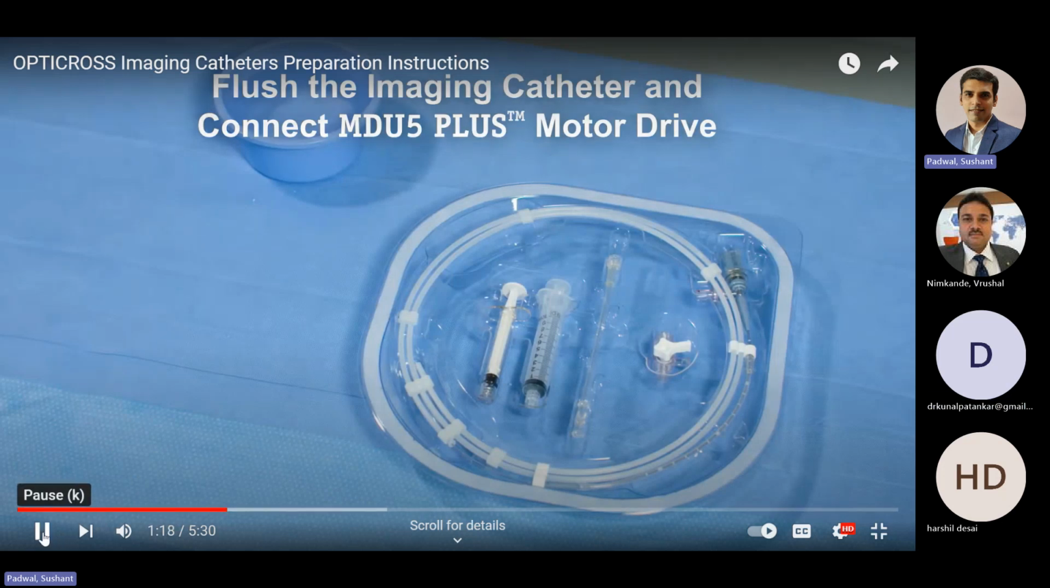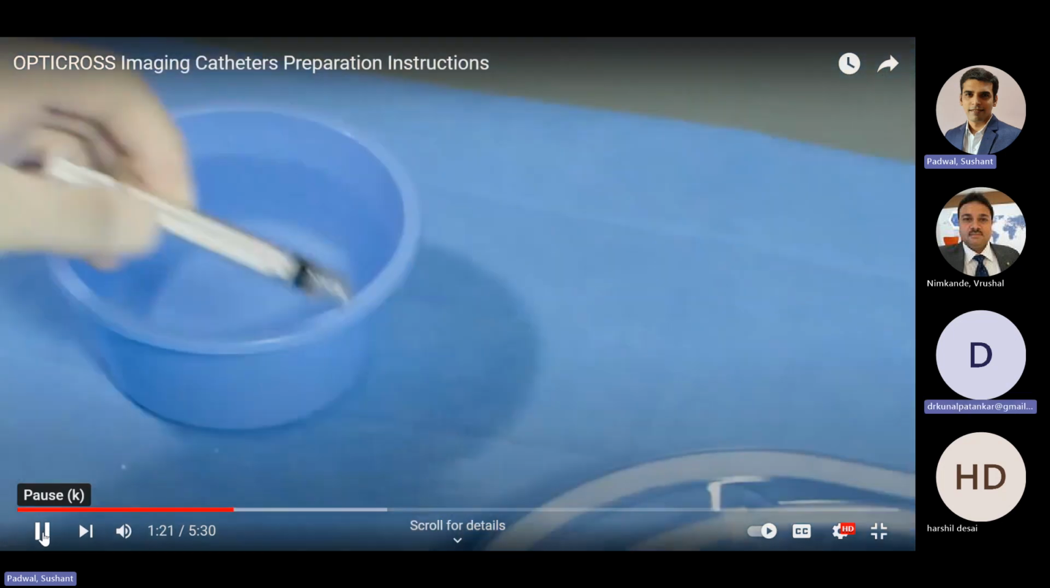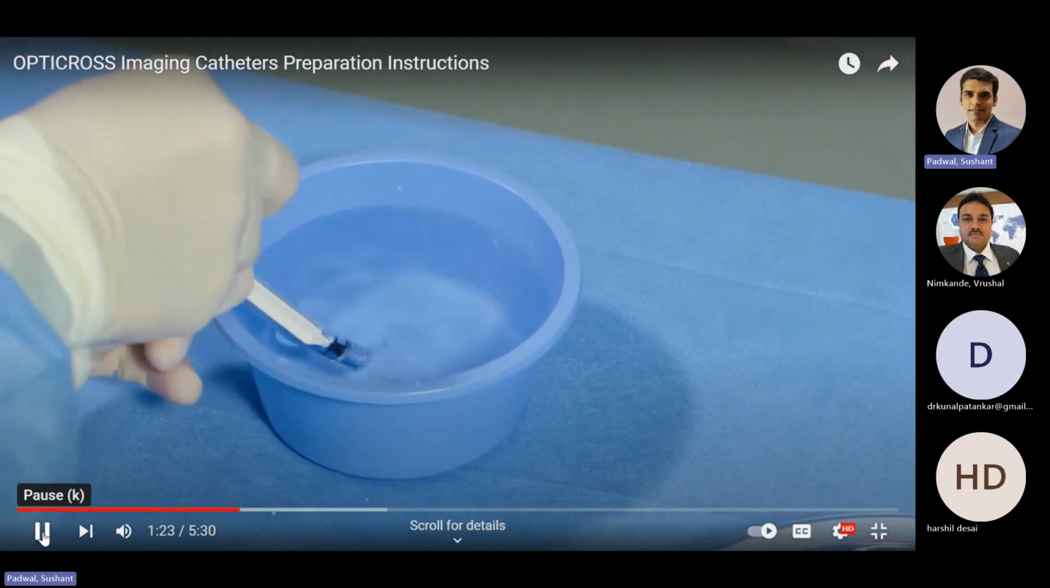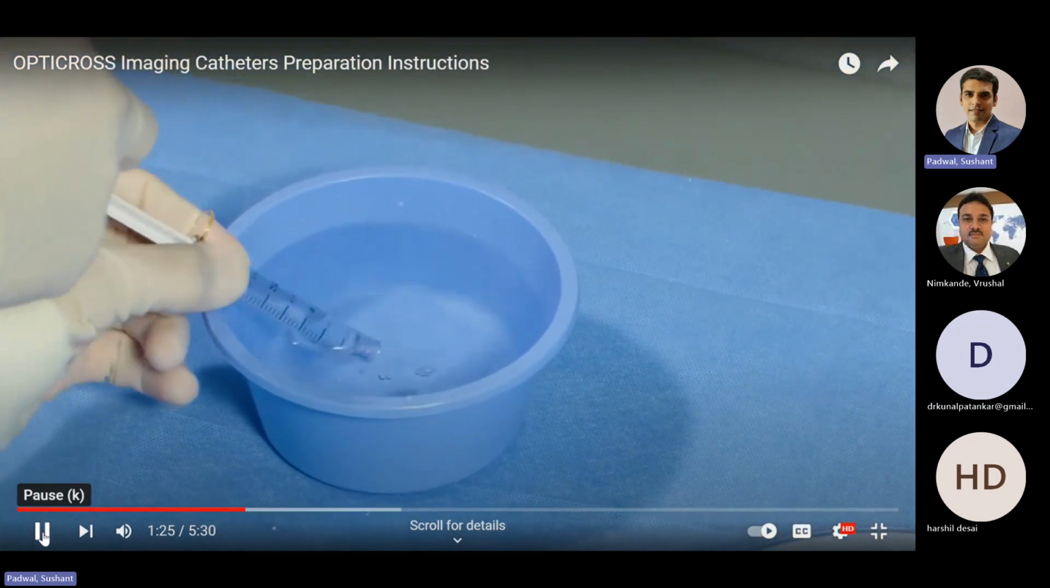Fill the 3 cc and 10 cc syringes with heparinized saline and ensure